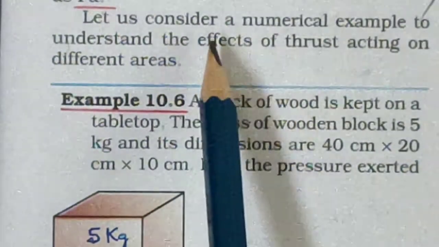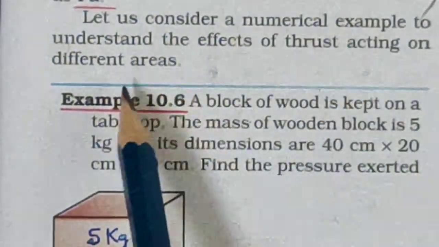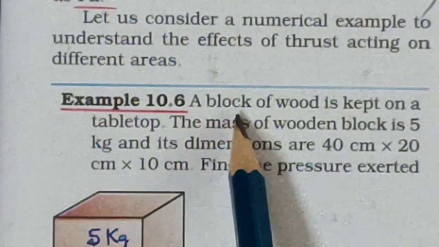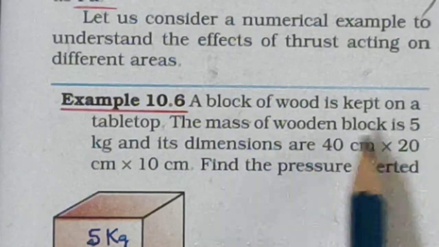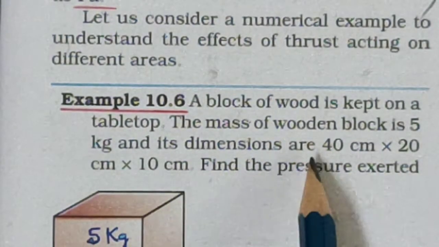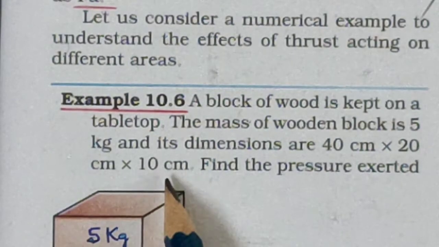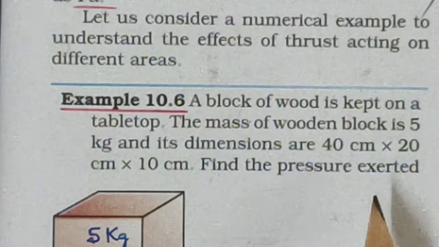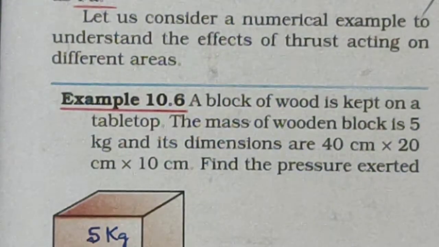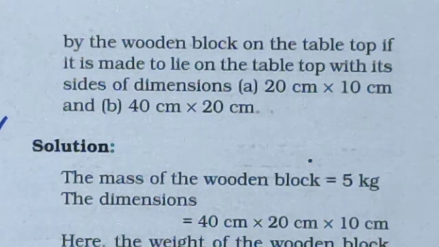Let us consider a numerical example to understand the effects of thrust acting on different areas. In this example, a block of wood is kept on a tabletop. The mass of the wooden block is 5 kgs and its dimensions are 40 centimeters by 20 centimeters by 10 centimeters. Find the pressure exerted by the wooden block on the tabletop